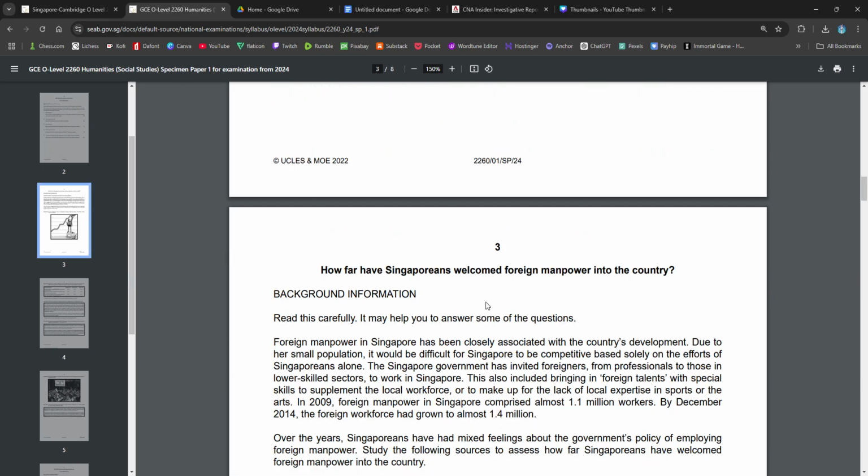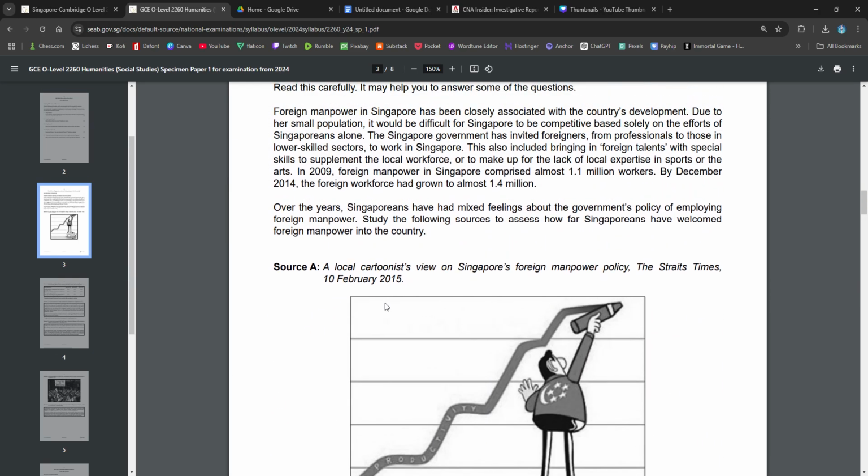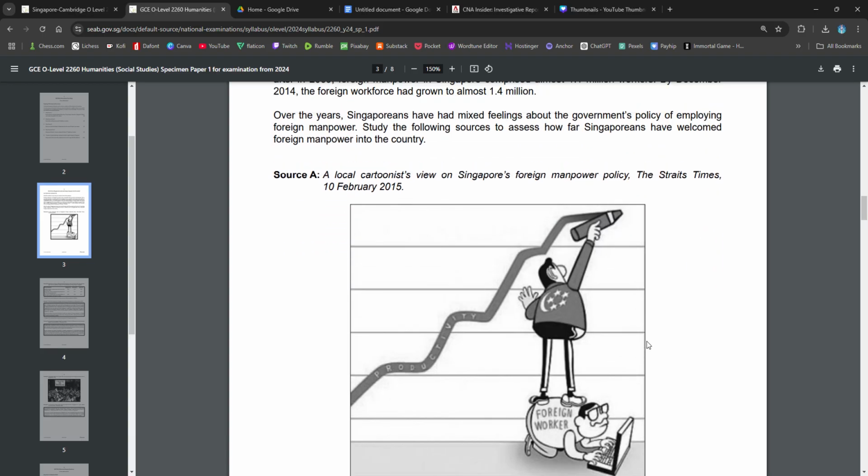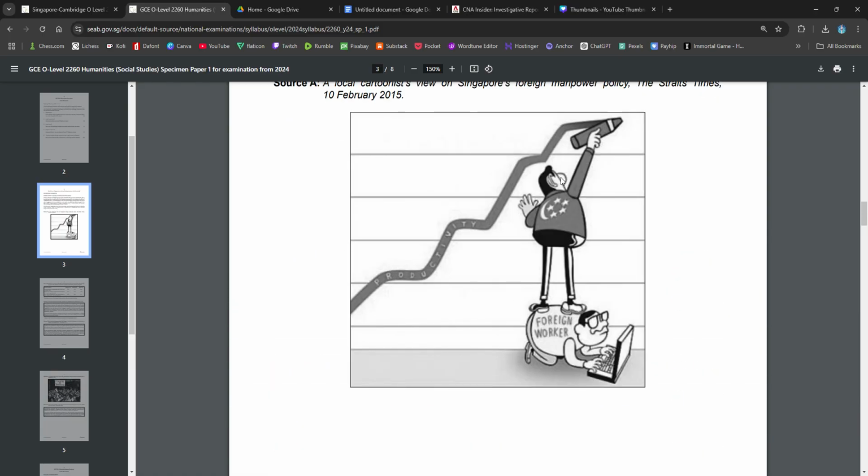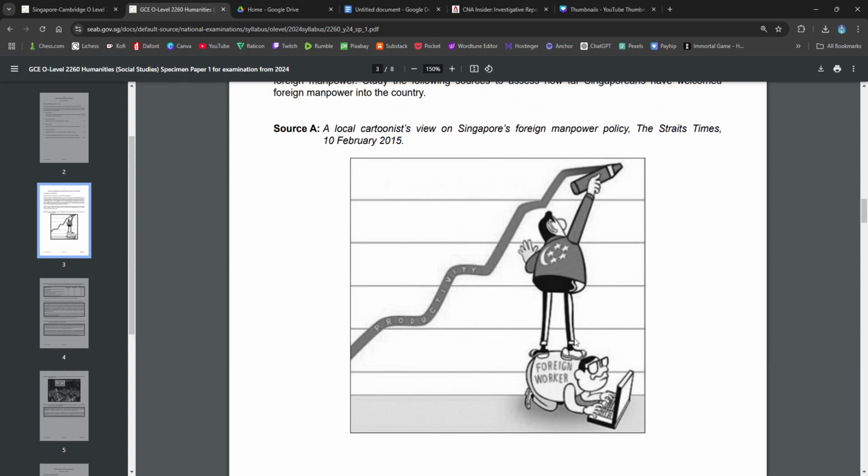You go back. Explain your answer using details of the cartoon. So let's say you take a look at this. You see this guy stepping on this guy, and then you take a look at this line. This line says productivity, and this foreign worker is bending down, working. Foreign manpower policies. So local cartoonist, local means Singapore, Singaporean. So of course this Singaporean is most likely on the